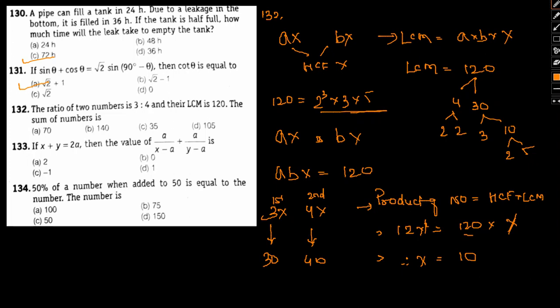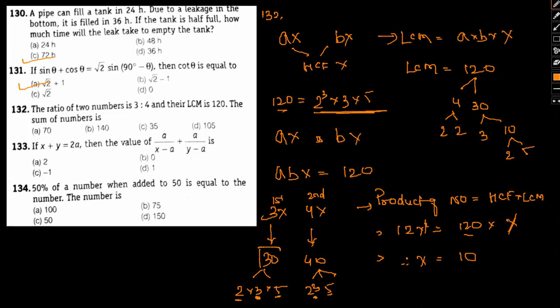Okay, and their LCM subsequently would be this one. And if you see one thing, 30 can be written as 2 into 3 into 5. 40 can be written as 4 into 10, that is 2 cube into 5. So you see, now if you consider, 3 will come, both the 5s will go and another 3 2s will go. So the LCM will again give 120 only.